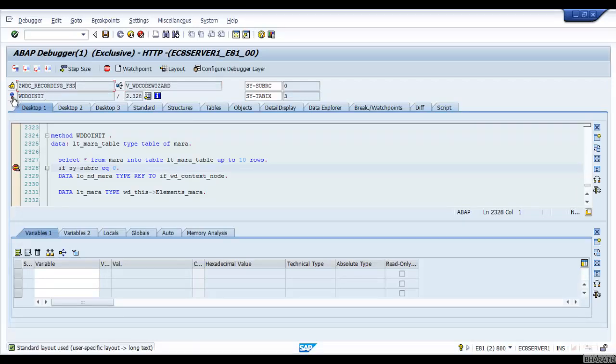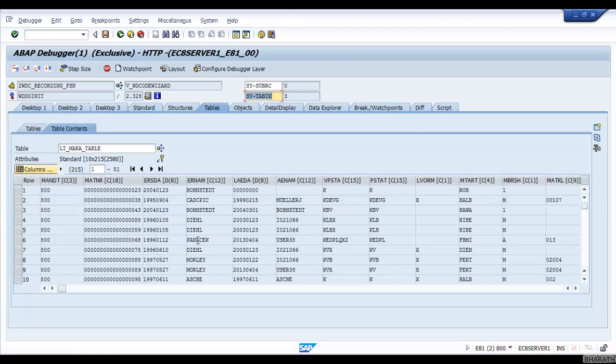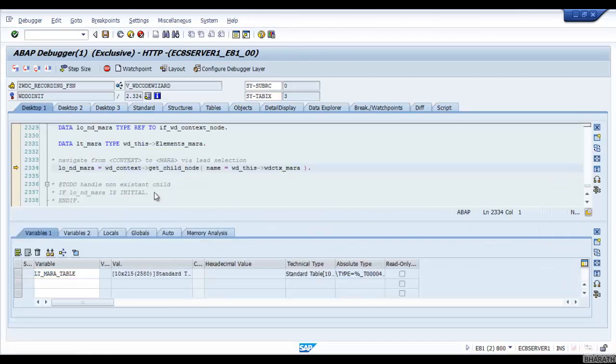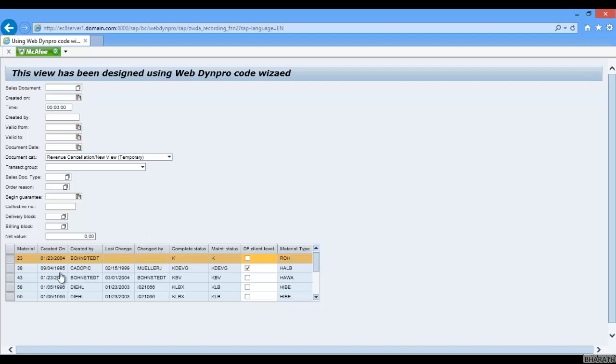Now lt_mara_table has 10 entries. F3, now F6. See, bind_table lt_mara_table. Press F8. You see data has come in the table.